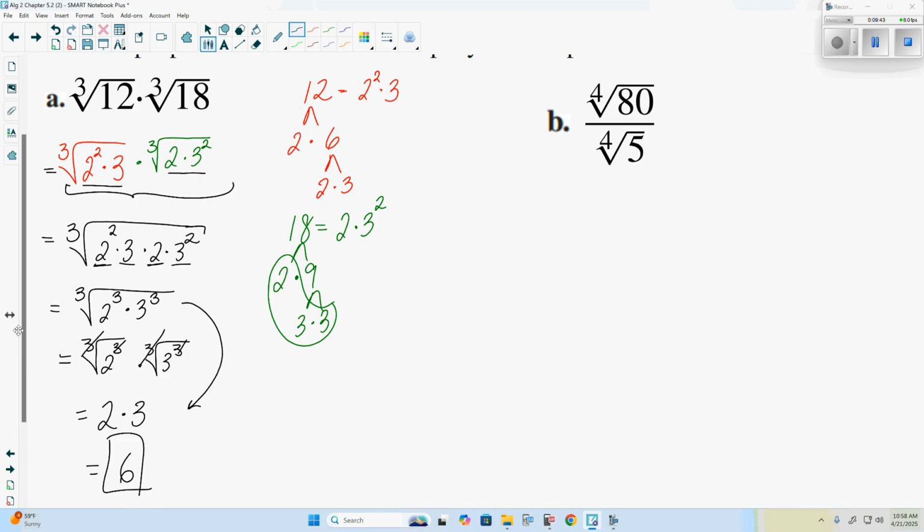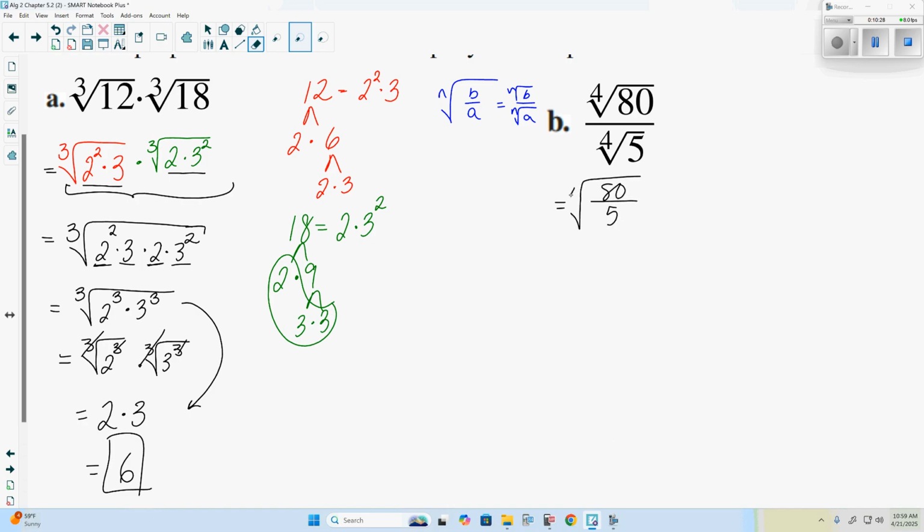We can take the fourth root of after that. Now the main property we're going to be using is this quotient property. The fact that nth root of b over a is the same as the nth root of b over the nth root of a. And we would use this if the numerator, the number inside the radical on top, is divisible by the number on bottom. Is 80 divisible by 5? Can we divide 80 by 5? Yeah. So using this property is going to be helpful, because what we can do